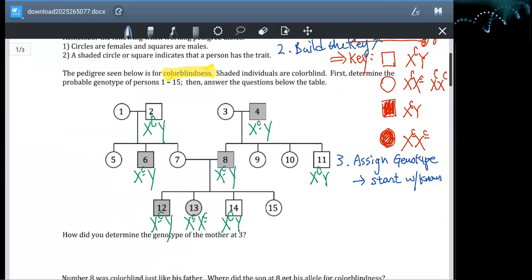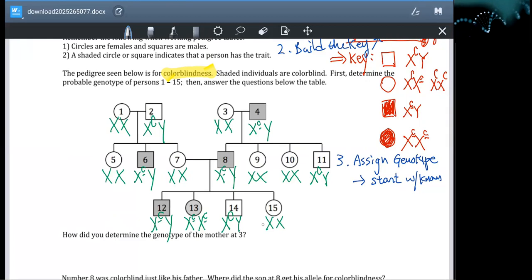So what am I left with? I am left with all the open circles and I don't know them. So I have to guess. Okay, so one easy way going forward is I list XX because they're girls. So that's known. And then the easiest way is work from bottom up because it's usually the offspring that tells us about the